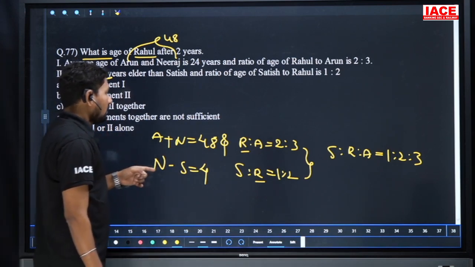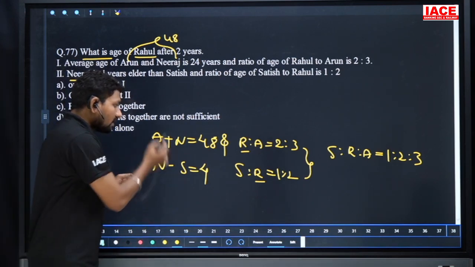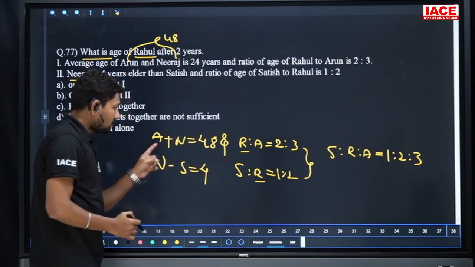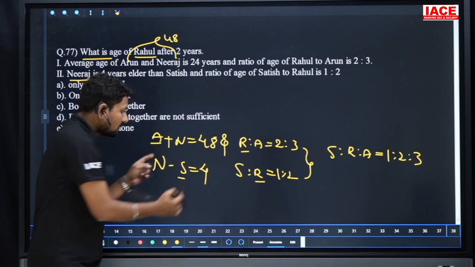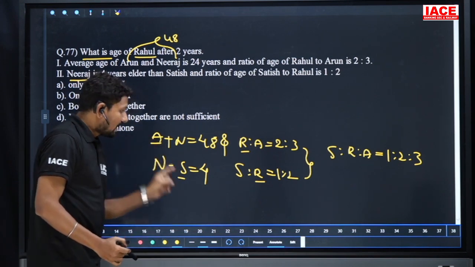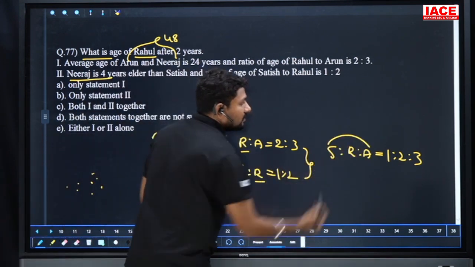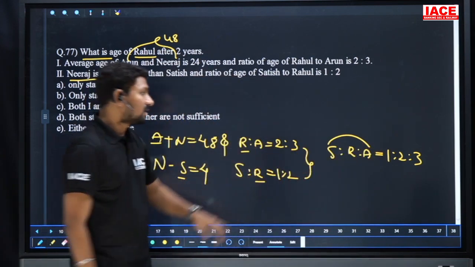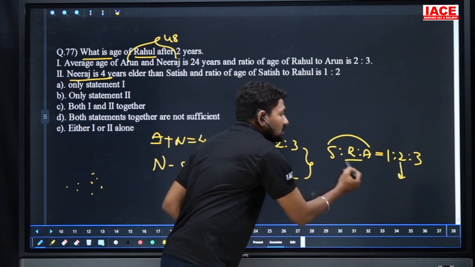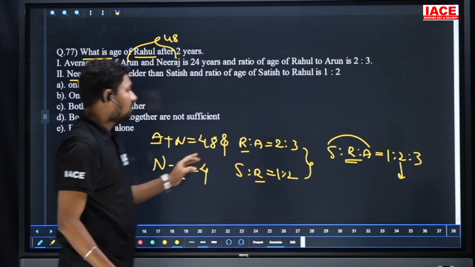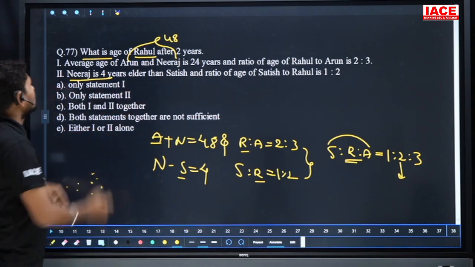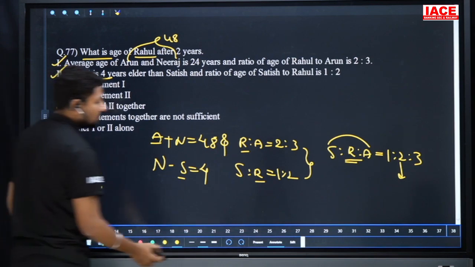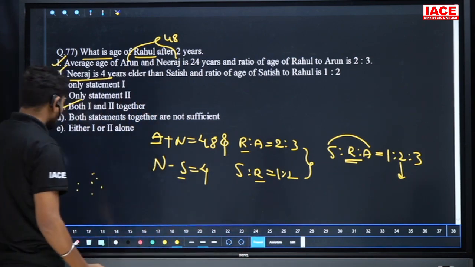Here we required from here, both are to be removed. From this and this we have to remove it. When you are solving this equation, N will be cancelled. You will get a relation of what? A and S. When you get A and S, we already have the A and S values. A and S values, how many parts? 4 parts. When you calculate for 4 parts, you will get 2 parts. The 2 parts belong to whom? Yes, Rahul. That means you need both the first statement and the second statement. How many statements are required? Here also two statements, both 1 and 2 together. And move on to the next one.